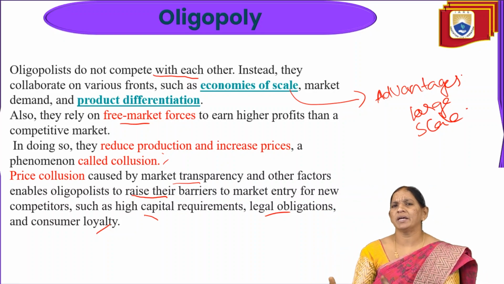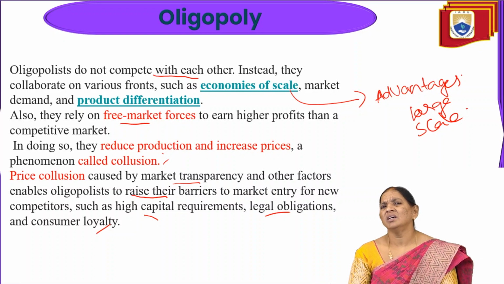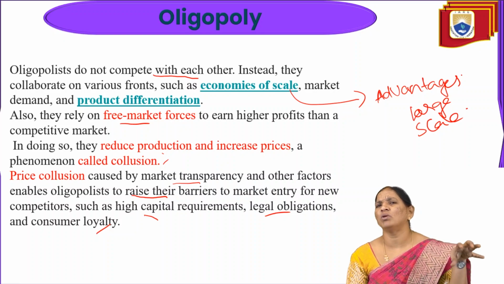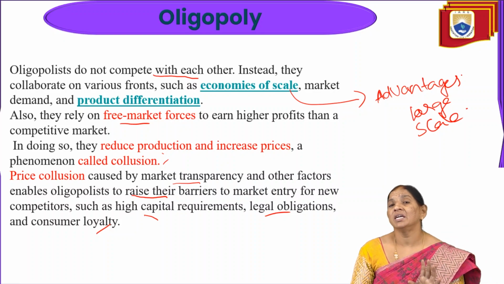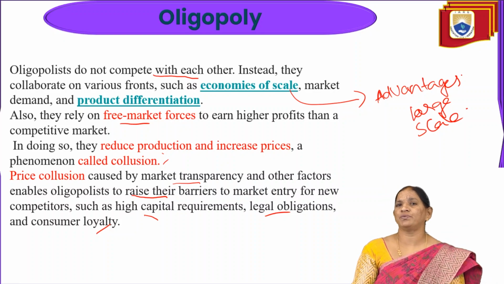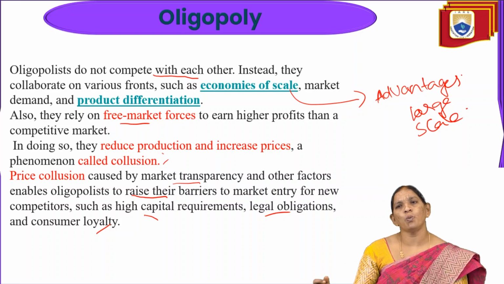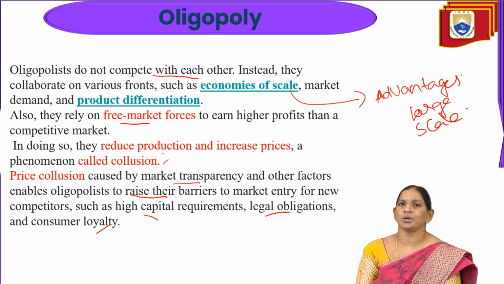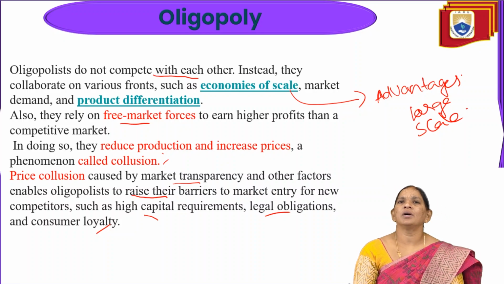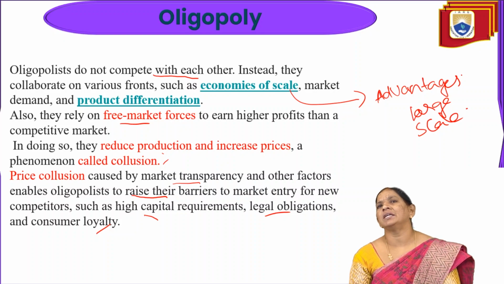Maybe some other brands also come into the market, but the consumer has loyalty. He wants to buy only that one because he enjoyed that product, or was fascinated by its features. Based upon that, the consumer places his loyalty towards the product. So by these basic things, we can identify the